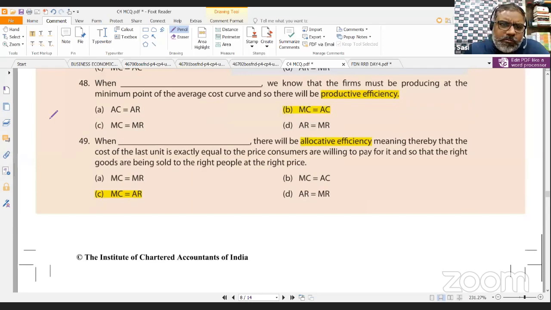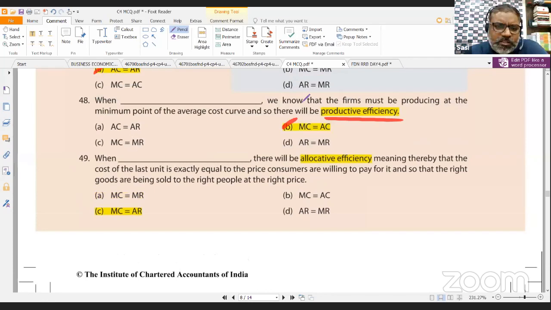Then the 48th question: we know that the firms must be producing at the minimum point of the average cost curve, so there will be productive efficiency. When can it be assured that productive efficiency is there? That is where the marginal cost is equal to average cost. Efficiency is related to the production concept, not to the sale concept. So the answer is marginal cost is equal to the average cost, where the marginal cost is cutting the average